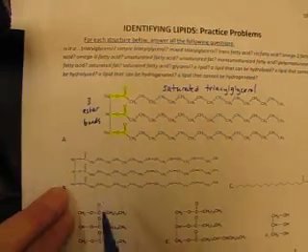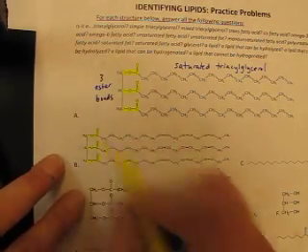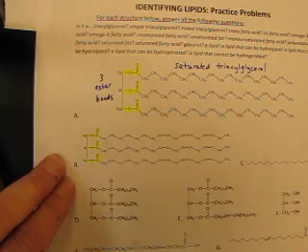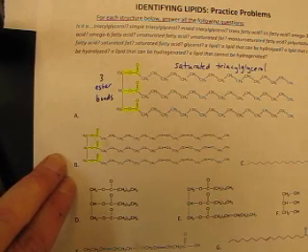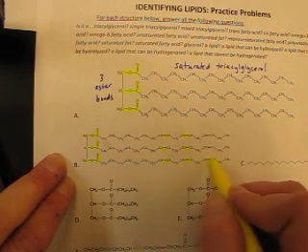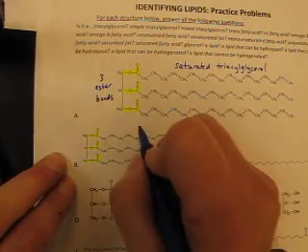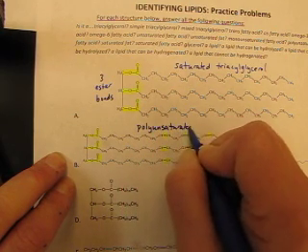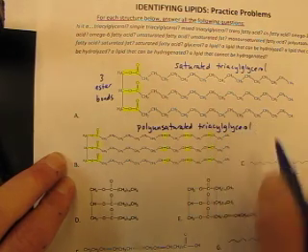How about this? I see the ester bonds again. This is not a fatty acid. There's the glycerol backbone with the 3 fatty acid chains. They're no longer acids. They've combined to make the ester group. This one has a few double bonds, carbon-carbon double bonds in the chain. So I can see right away that this is polyunsaturated triacylglycerol.